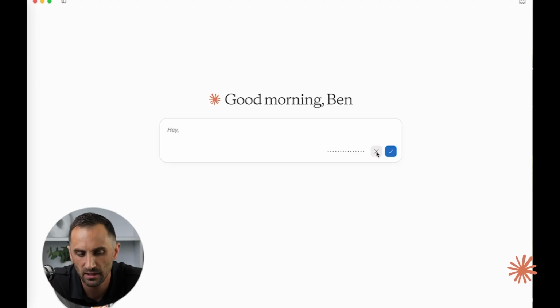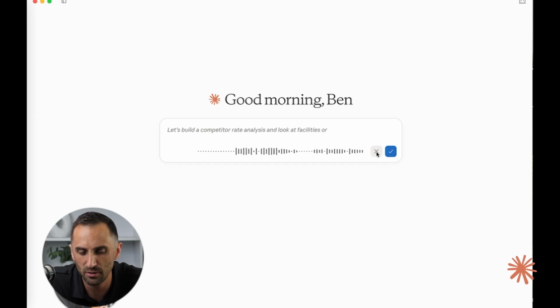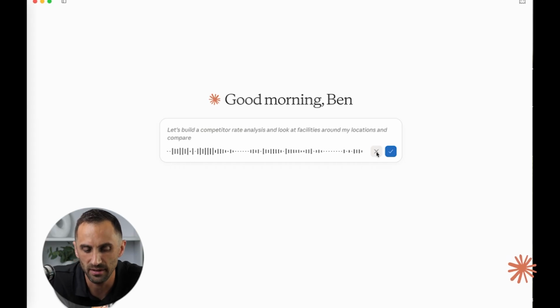Let's use AI and build a custom competitor rate analysis and save it to our management software for our self-storage facility. I'll simply start by prompting, let's build a competitor rate analysis and look at facilities around my locations and compare rates. I can then prompt further and ask for things like location filters so I can view one location